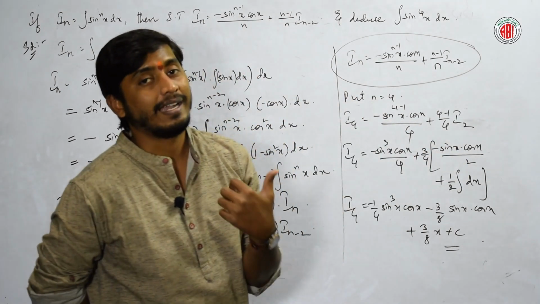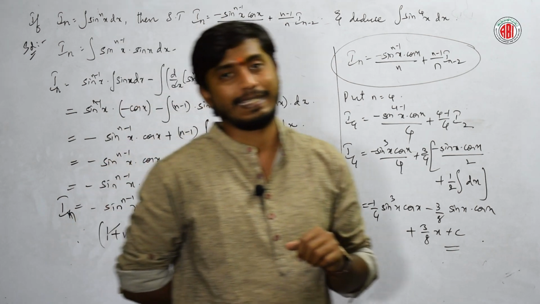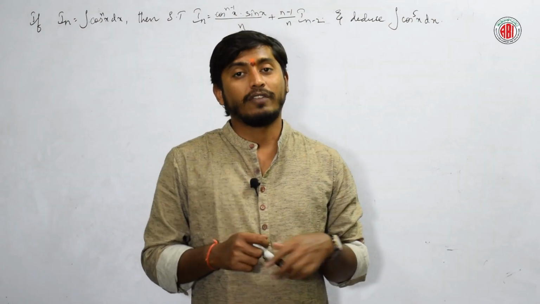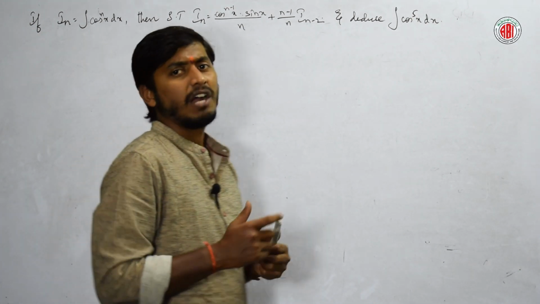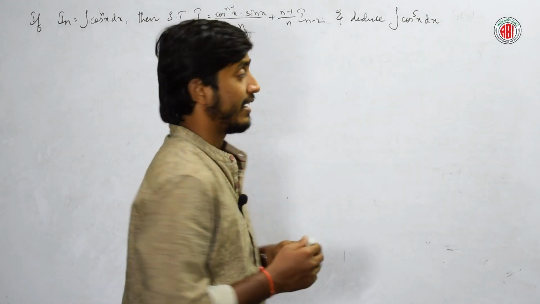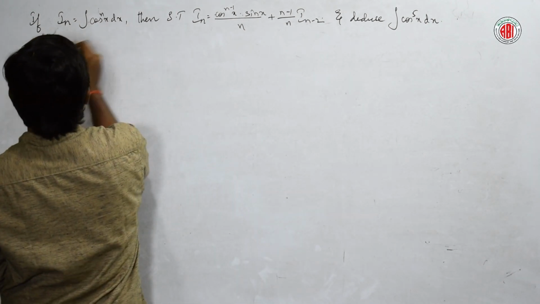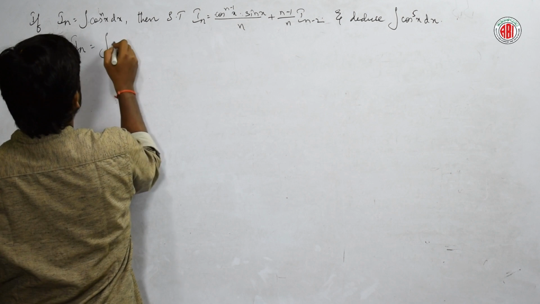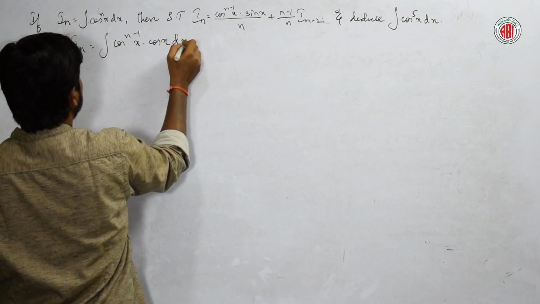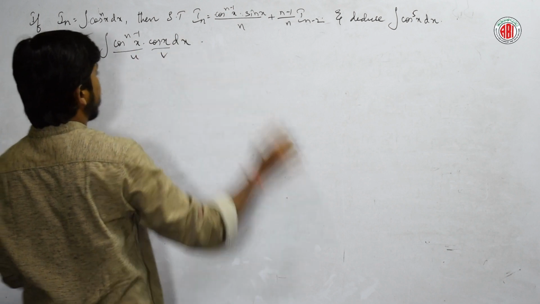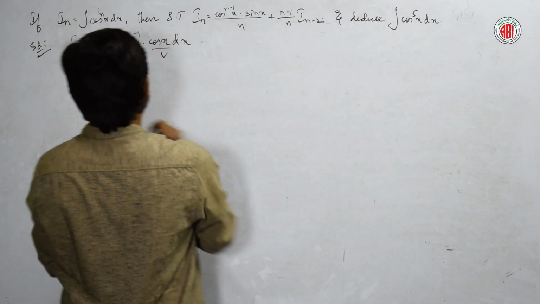With the same knowledge, let us learn how do we find integration of cos power n x. Okay? Now we have to find the reduction formula of cos power n x dx. How do we find? The same logic, let us write cos power n minus 1 into cos x. That is, let us write In is equal to integral cos power n minus 1 x into cos x dx. So, let us take it as u and let us take it as v. So, what is the formula for integral uv? That is